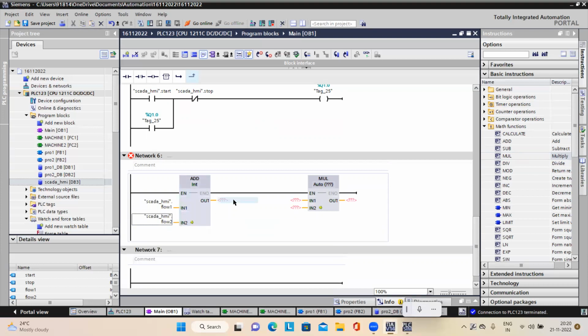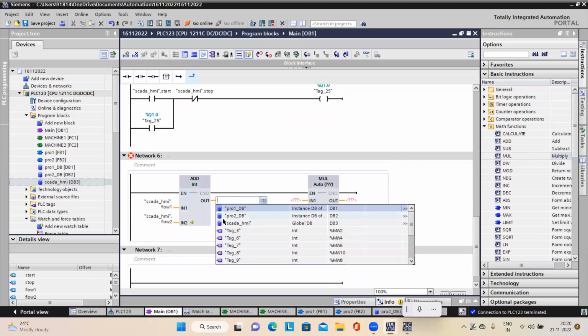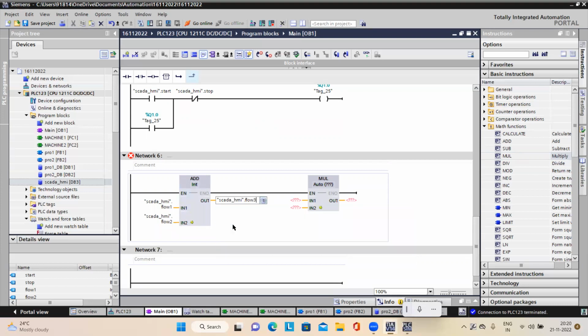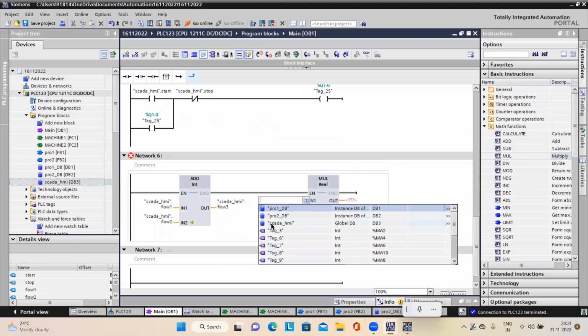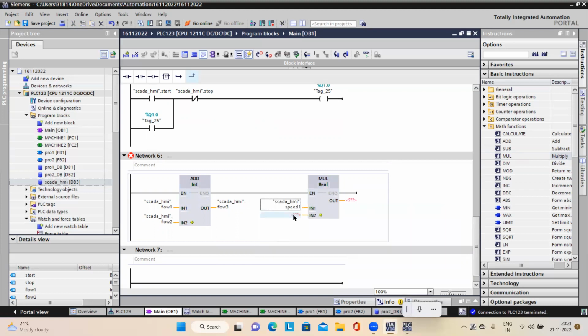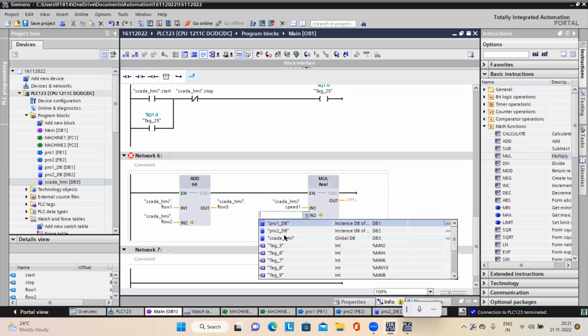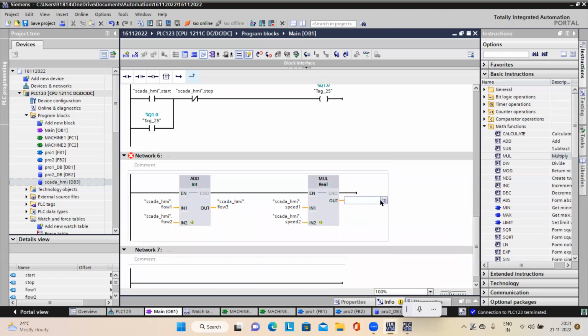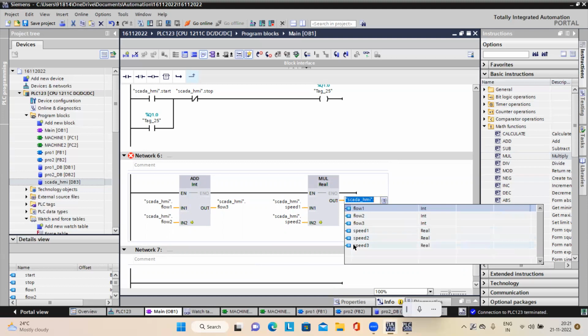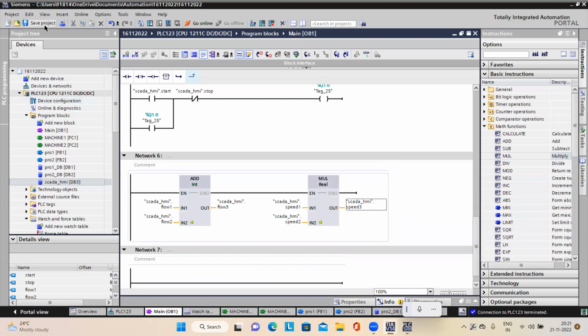Flow 2. Another one is flow 3, like this. Whereas for multiplication, I want to use a real number. So use real data type. Go here to search. Same SCADA HMI, speed 1. Speed 2. And store that in speed 3. Like this. Save this